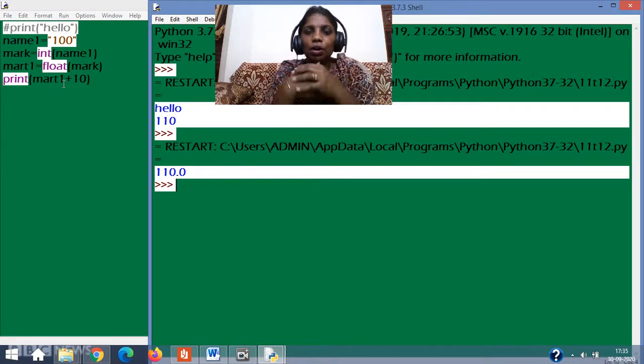The difference is visible in your output. When I converted my integer to a floating point, automatically along with your 110 a point came, which of course now is not relevant, that's 0, but still it is now identified as a decimal, because the conversion shows you a decimal value. So this is your data type conversion.